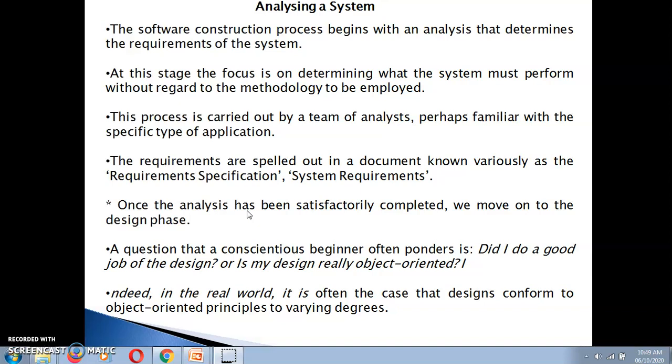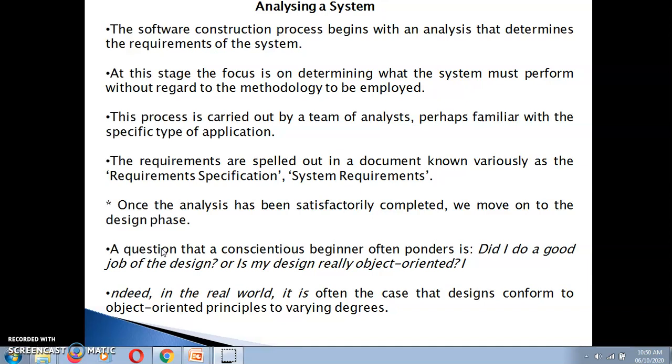Normally when you want to develop any application, you come up with some requirements. This is all my requirements, and I'm going to develop. If your requirements are clear, and if your requirements are fully satisfied, then only you go for a design phase. That is what is highlighted in this point. If your requirement specifications are right and fully satisfied, then you move on to the next phase, that is called the design phase.